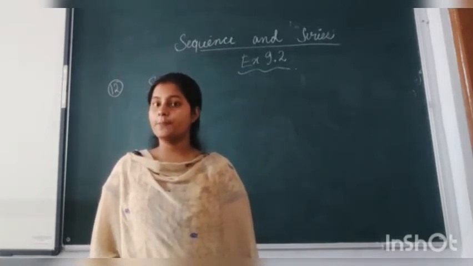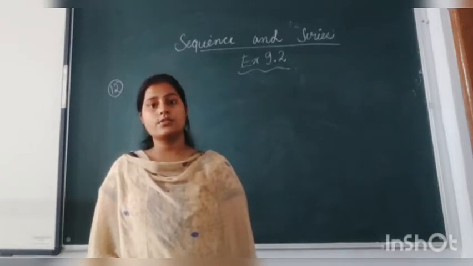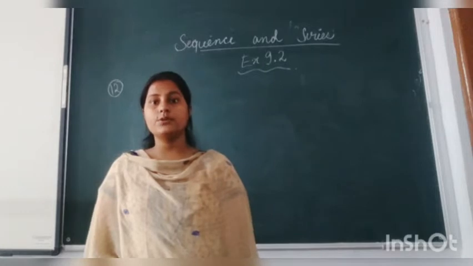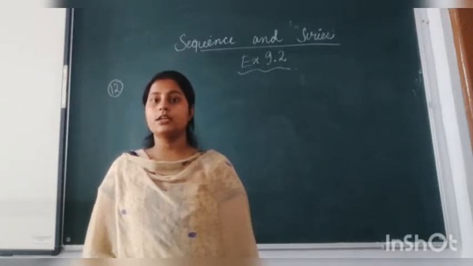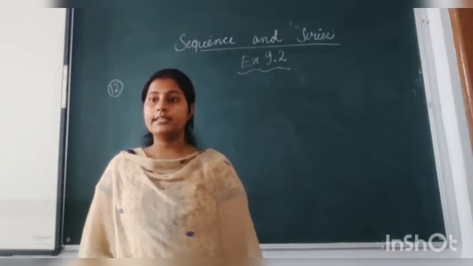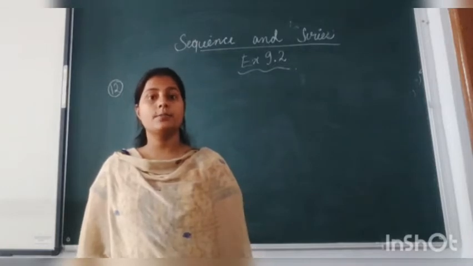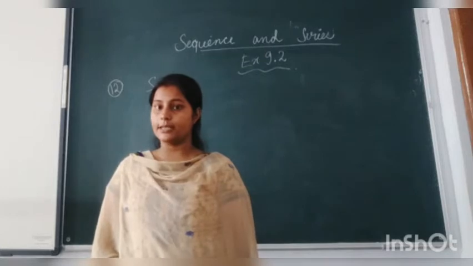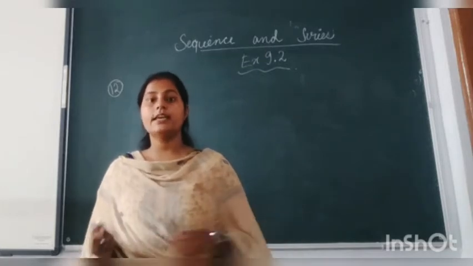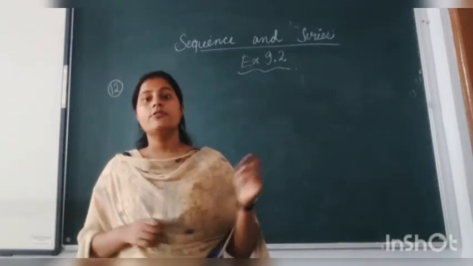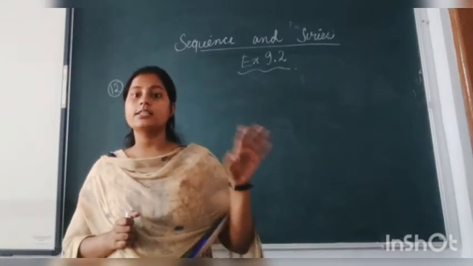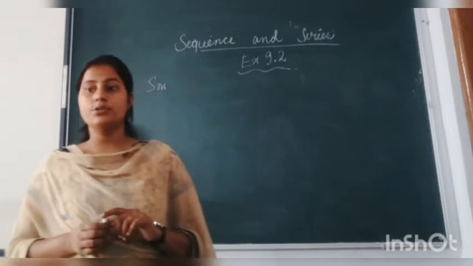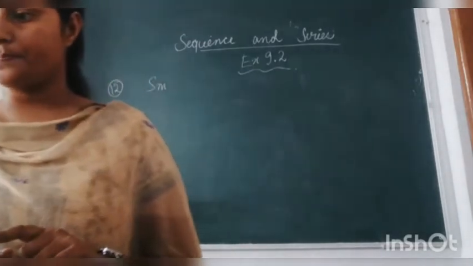In today's lecture, first we are going to solve some questions from exercise 9.2, and after that, we are going to introduce you to a new topic, a new content in this chapter, that is arithmetic mean. We have studied arithmetic progression, abbreviated as AP. What is it? We have a series A1, A2, A3 and so on with a common difference. In every consecutive term we have to add that difference. So now we are going to discuss some of the questions.